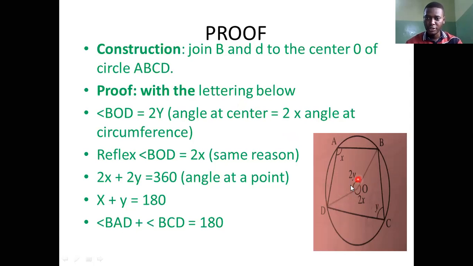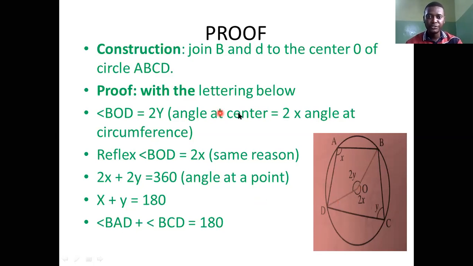Initially, if you draw this diagram, this is a quadrilateral ABCD. What's a quadrilateral? A quadrilateral is any shape that is four-sided. Now, this quadrilateral is inscribed inside this circle. Initially, this diagram has no construction, or there's no line joining B to D or D to B, as the case may be. But for the purpose of this proof, we need to construct this line by joining B to D. So that is exactly what they have done in this diagram.